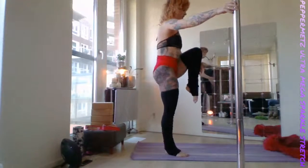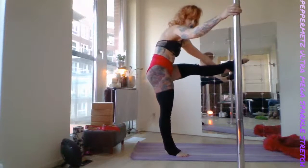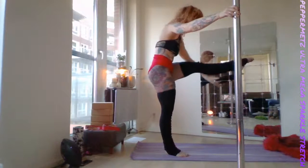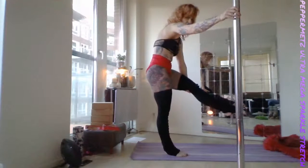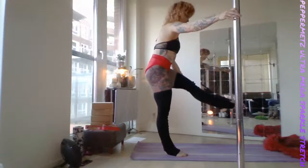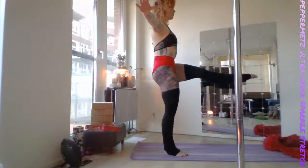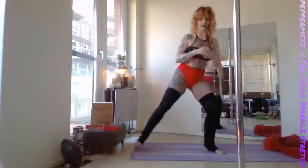Yes. And then grab the foot and see if you can straighten out here. First with a round back, maybe, but then I want you to see if you can straighten out and round. Straighten out and round. If you can't go that high, just grab it a little higher up the leg. 2 and 1. All right, hold it up as high as you can for 8, 7, 6, 5, 4, 3, 2,